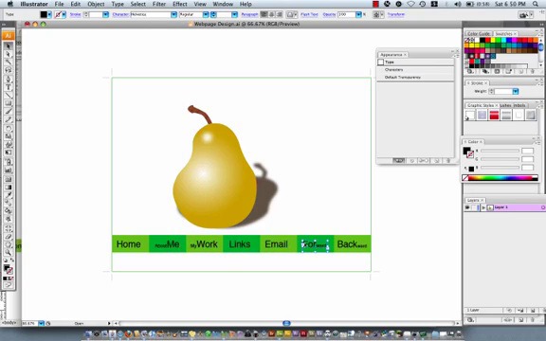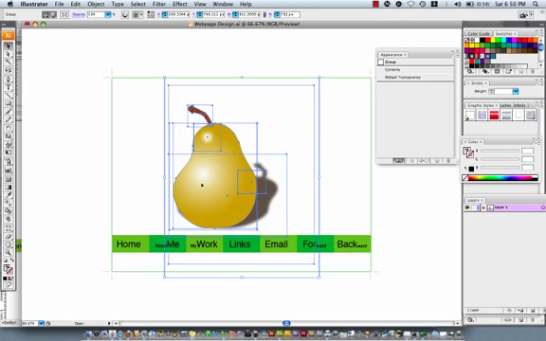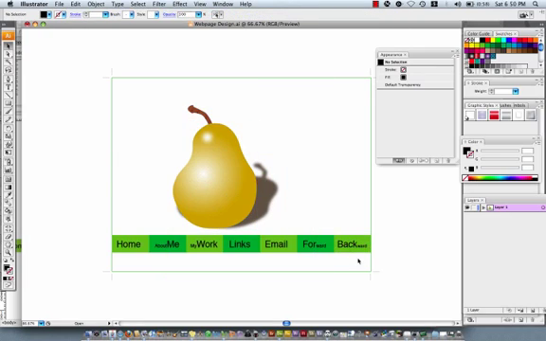This is pretty much the same for Photoshop and Illustrator, but you can see I have these images and I have basically a really basic link bar at the bottom. And I have basically home page, about me page, my work page, links page, email, forward, and back. I'm not going to use all those, but I just have them for reference. So what I did, let me actually open,